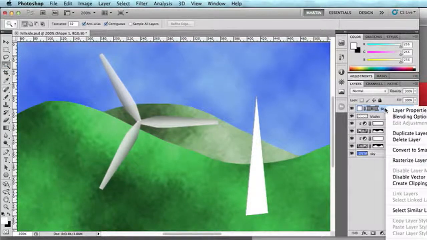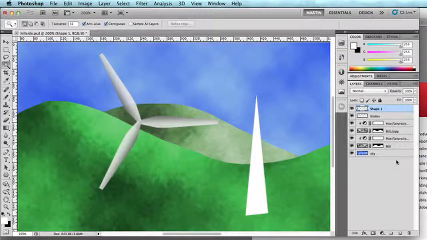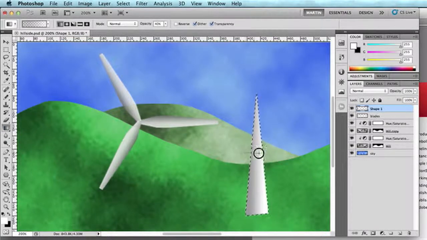And I want to add a little more interesting shading there as well, so let's rasterize what we've got there. Right click and rasterize. So that's now a bitmap layer. Sorry, let's use the magic wand to select those pixels. We'll pick the gradient tool, drag across to give it a little bit of a shade. Let's try another go. There we go. Right, so let's drop that. Command D, we've got our mast, we've got our windmill shape,